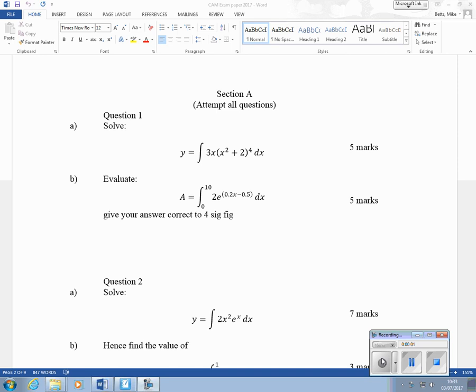This first question on this year's paper has two parts to it. One's an indefinite integral you've got to solve, and one's a definite integral. If you can find the indefinite integral, then you should all know how to put the limits in and get the answer on the second one. Okay, but it's about what method to use here. So if we take a look at this first one here,